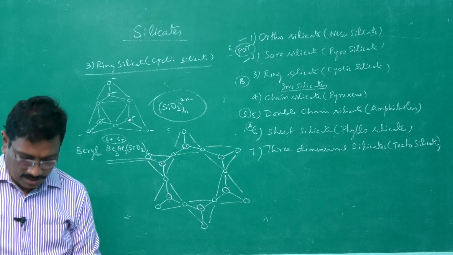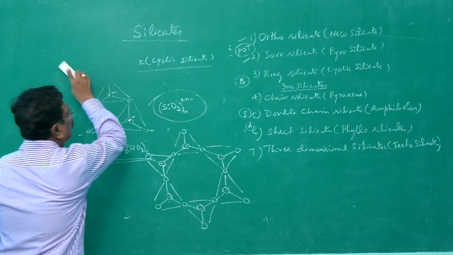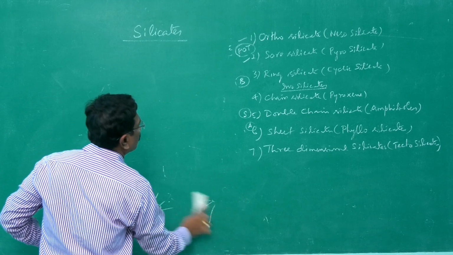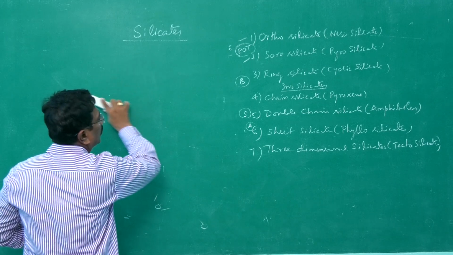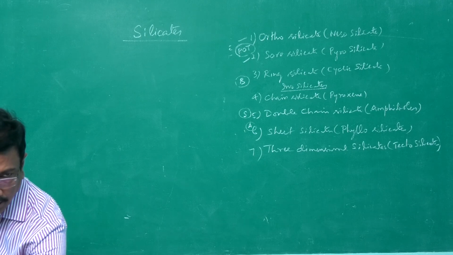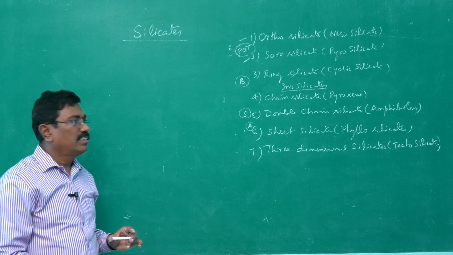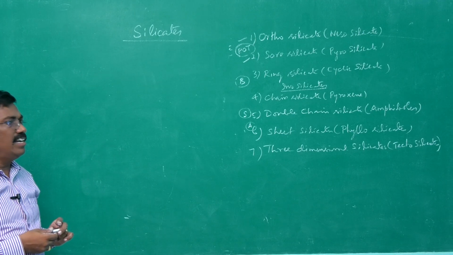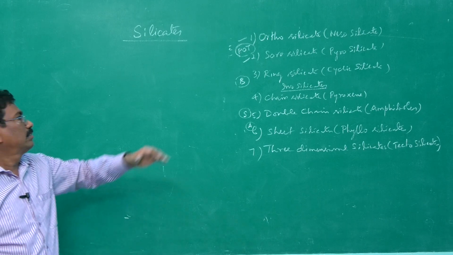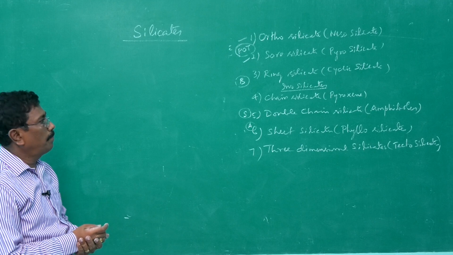All right. Next, let me go into the next type, inosilicate. Under inosilicate, we have two types, 4 and 5: chain silicate and double chain silicate come under inosilicates. So inosilicates are silicates which contain n silicate units linked by sharing 2 or more oxygen atoms. So here 2 or more atoms are linked, and n units will be obtained.